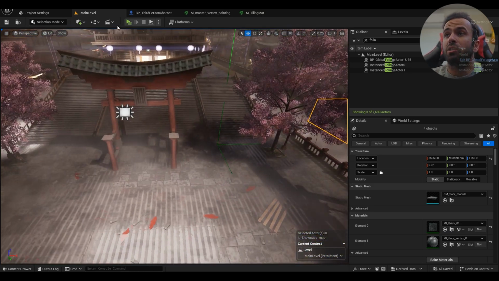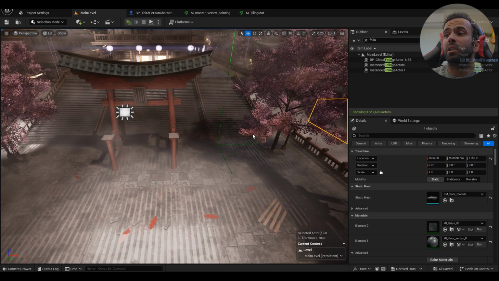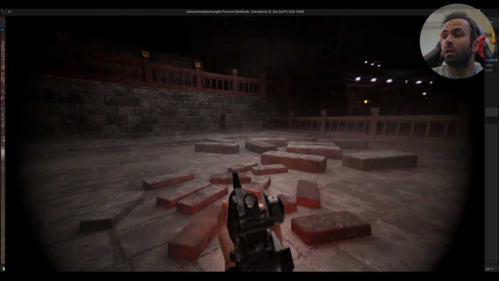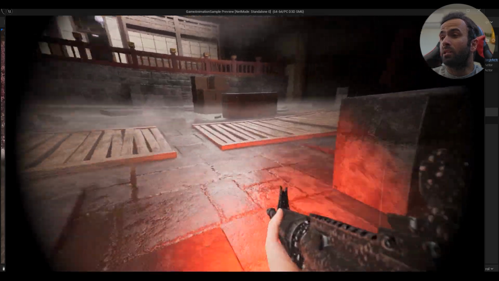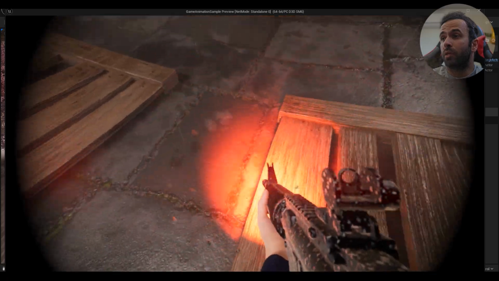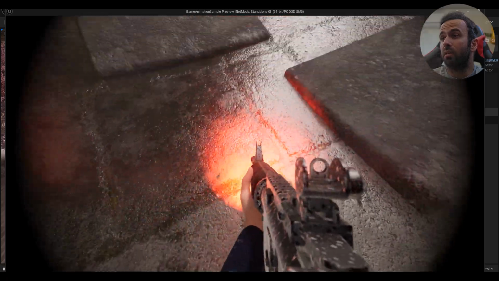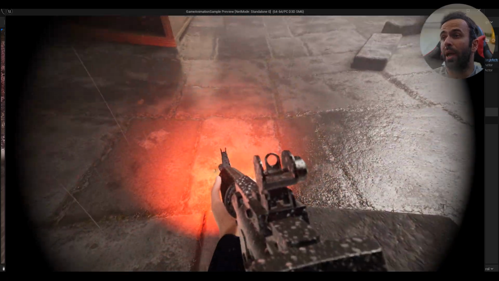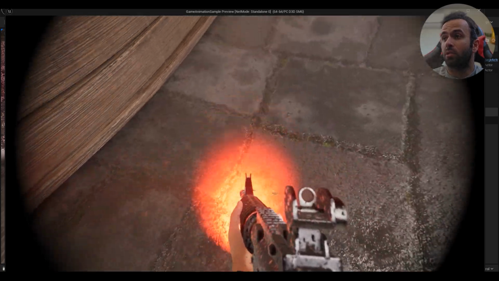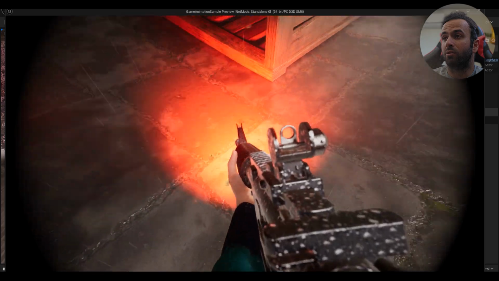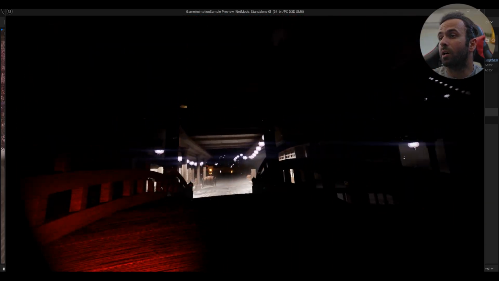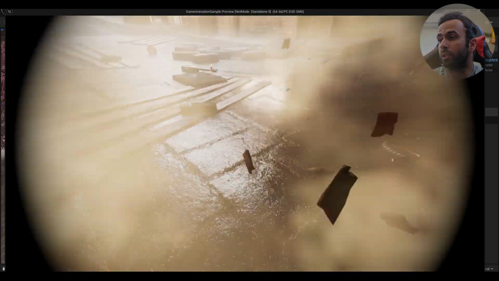What I want to show you right now is the ripples on the surfaces where it's raining, where it's actually pretty wet. Here the surface is not quite wet, but here, for example, the surface is kind of wet. This is the effect that you're going to see. You can't see it well in here, so let me go ahead and find something really